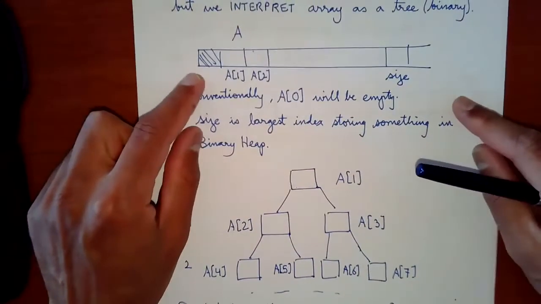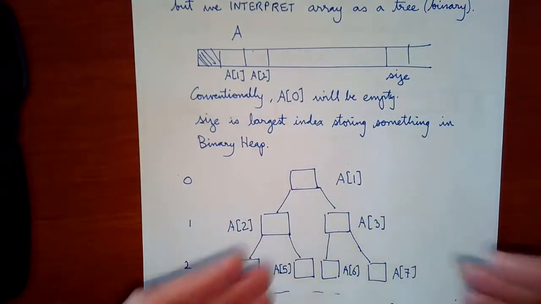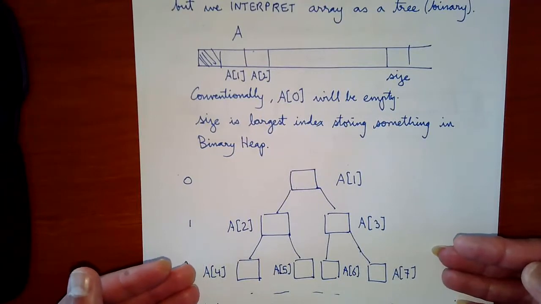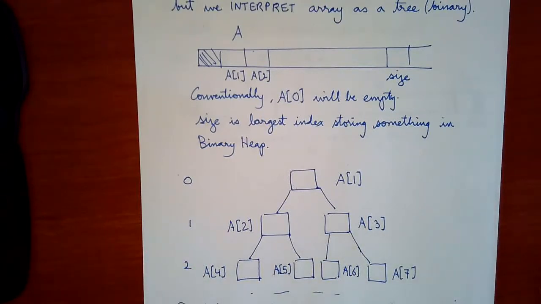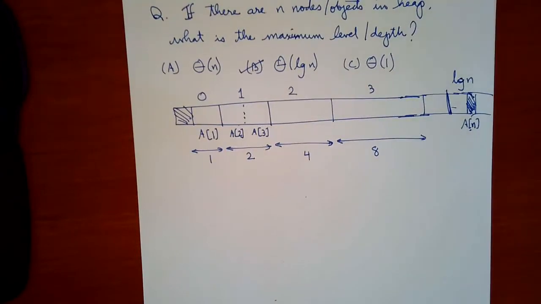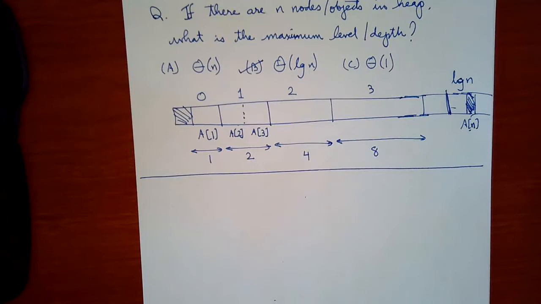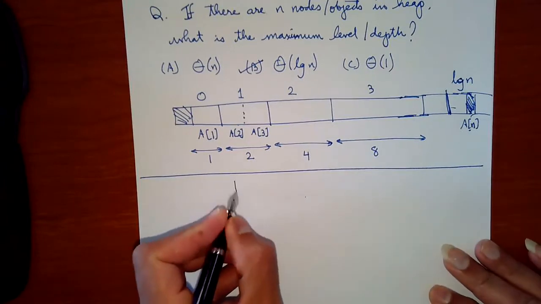I've just taken an array and I have interpreted it as a binary tree. This doesn't tell us anything about how an operation like find max or extract max or increase key can be done efficiently. And it turns out that the main secret sauce of the binary heap is what's called the